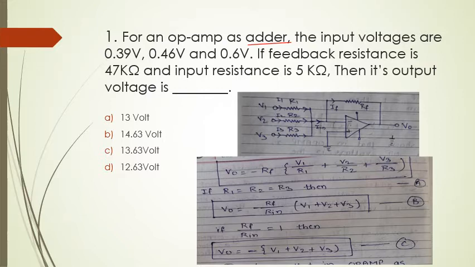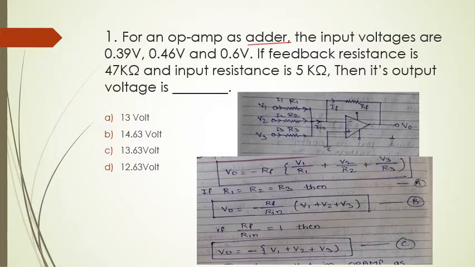Another thing here is that it is not written whether the adder is an inverting adder or a non-inverting adder. So giving the minus sign is not important in this case, because the minus sign itself indicates the out of phase relationship between input and output, a 180-degree phase reversal whenever we are applying the input voltage to the inverting input, which is shown by the minus sign. So as inverting adder is not written, and in the options also the minus sign is not given, there is no need of that sign.